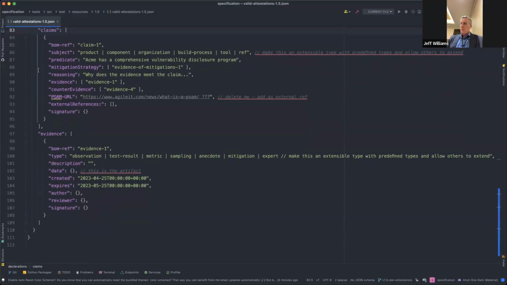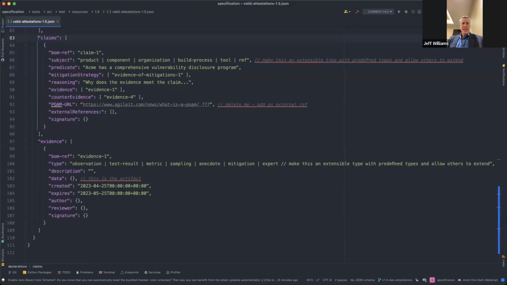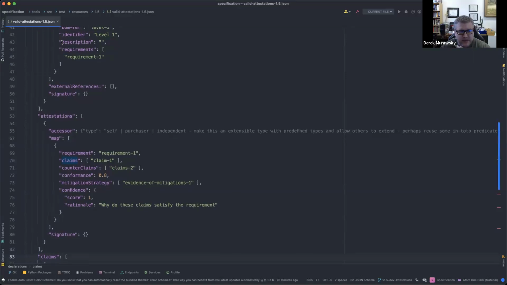If I remember, we were making a bunch of progress around the structure, the tree and the leaves, right? Like we got requirements is the tree, and then the leaves are the individual attestations, and we were trying to make them not use exactly the same words. Yeah, we had the references in place that all seemed to work pretty well. So the mapping here we thinned out a lot last time, and bubbled some of the stuff down into the claims section, and established some of the relations down there to make it a little more DRY.